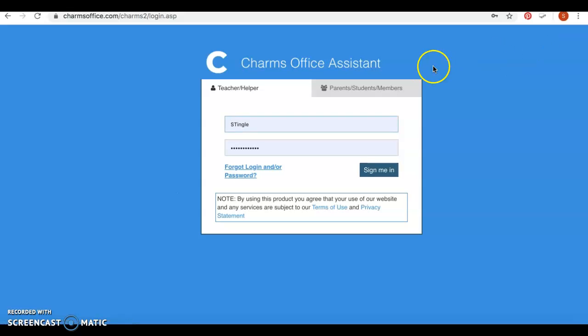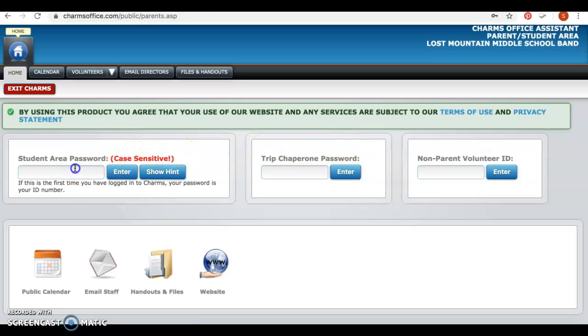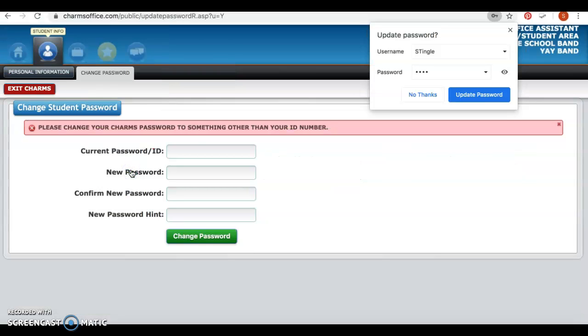When you hit login, you will want to make sure that you are logging into the Parent Student section with the school code Lost Mountain Band, all one word, all lowercase. Over here, you will then type in your lunch number, and a screen and message will pop up prompting you